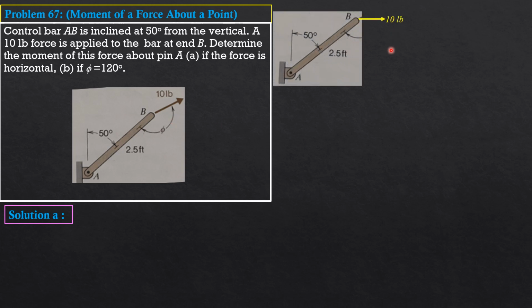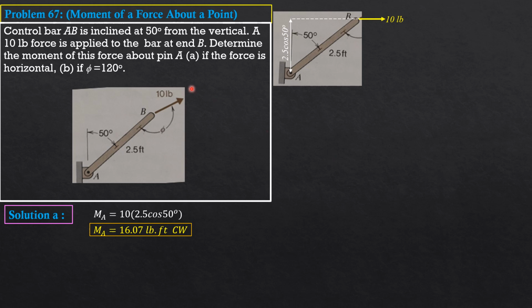So we have 10 pounds horizontal. This vertical distance, or moment arm of the 10 pounds, would be 2.5 cosine of 50 as shown. So this is 2.5 cosine of 50 degrees. Therefore, the moment of this force about A is 10 times 2.5 cosine 50, clockwise. So the moment at A is 10 times 2.5 cosine of 50 degrees. Moment about A is 16.07 pound-foot